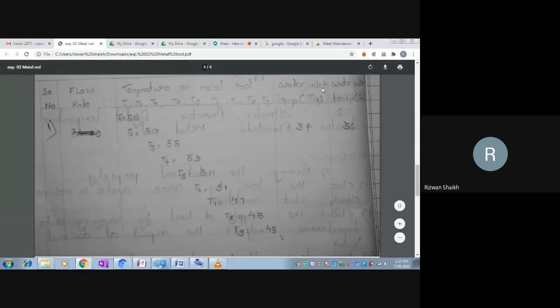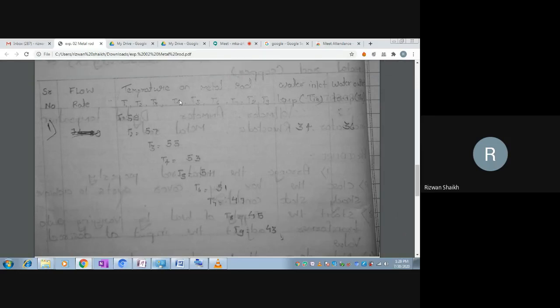Temperature on the metal rod, so it is T1, T2 till T9, we have 9 temperatures. And then we have the water inlet temperature, that is T10. So T10 is given to be 34. That is the atmosphere ambient temperature. You can say water surrounding temperature, 34 degrees Celsius. Water outlet temperature after heating increases by 2 degrees Celsius. That is 36 degrees Celsius. So this is the observation table that we have to draw in a landscape form, and you have to write the readings in a proper manner. And after that, we can start with the calculation.